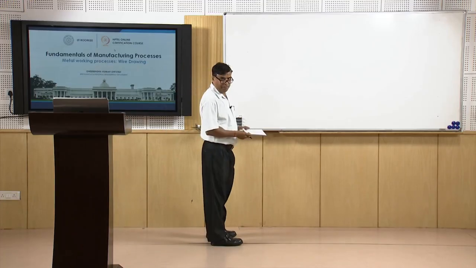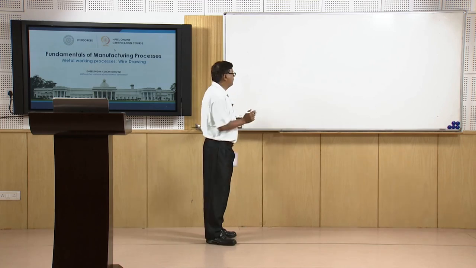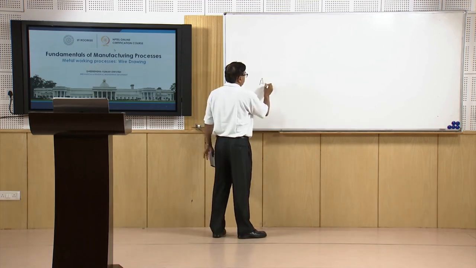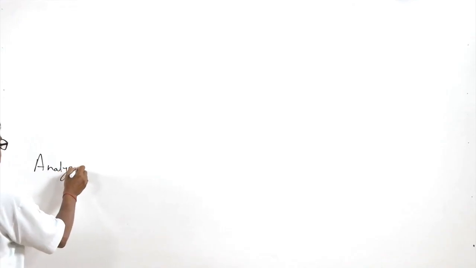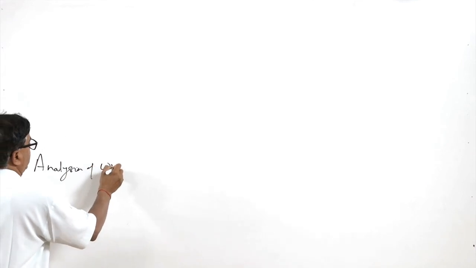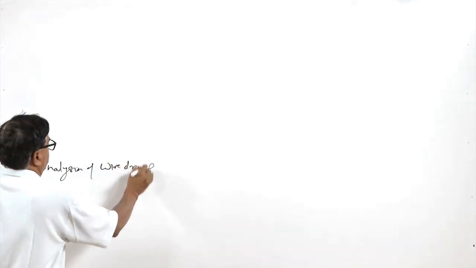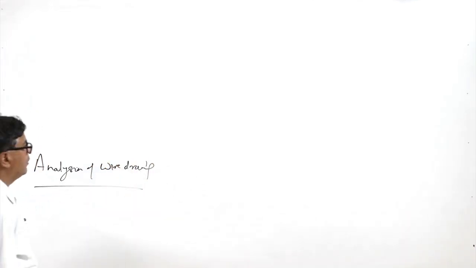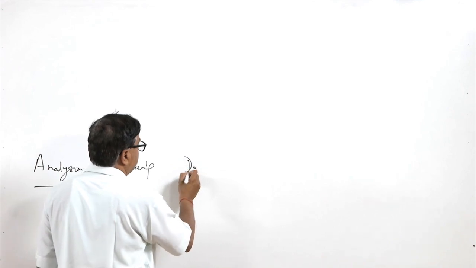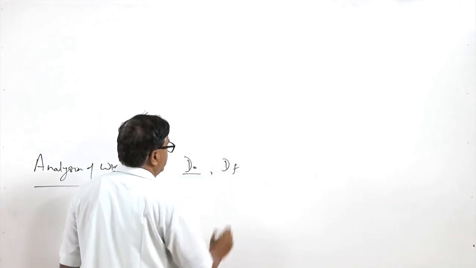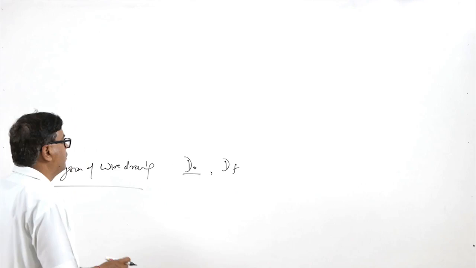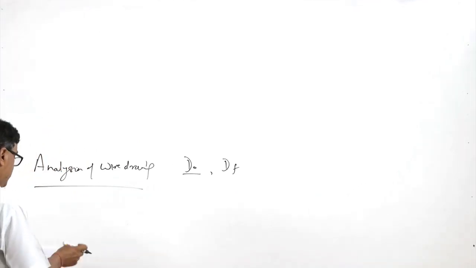So, now I'll look at the analysis of the wire drawing process. We know that there is an initial diameter d naught and the final diameter df. So, using these we can calculate a number of things. So, for